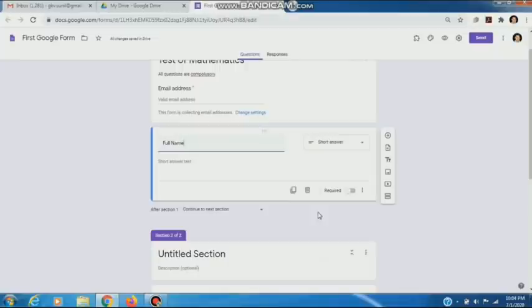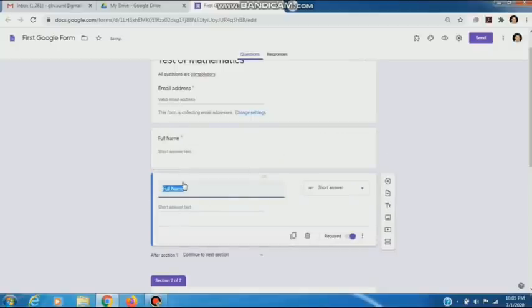Now we have some options: duplicate, delete, required. If we click on required, then this question will be compulsory and we cannot skip it. If we want to delete this question, we can delete it from here. If we want to copy this question, then we click on this, and a duplicate copy of this question will appear in the next section.